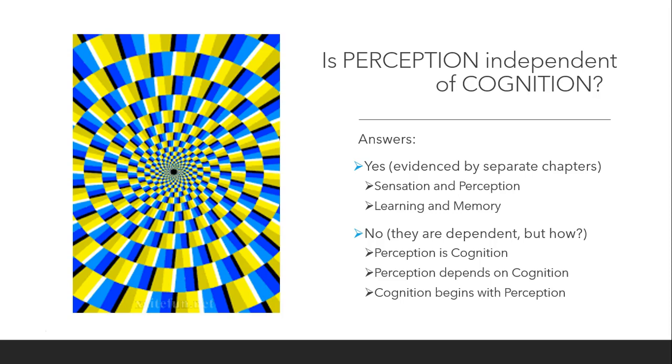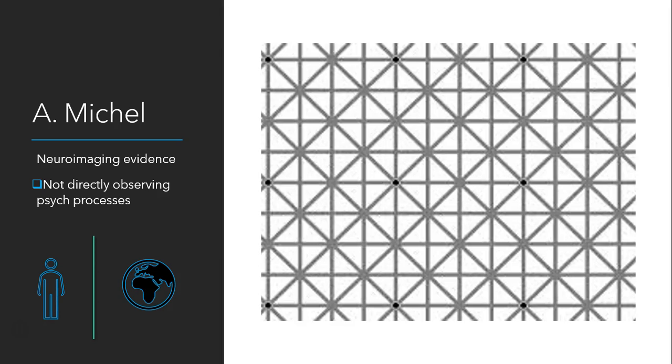Let's take a closer look at the studies that Michel cites in her article. The first evidence Michel cites is from neuroimaging studies. Indeed, cognitive neuroscience is a burgeoning field growing with advances in brain imaging capabilities. However, we should be clear about what in fact we're actually observing. Brain correlates should not be confused with the psychological processes themselves. Indeed, they do show, quote, both when and where visual perception occurs in the brain, end quote, but our brains